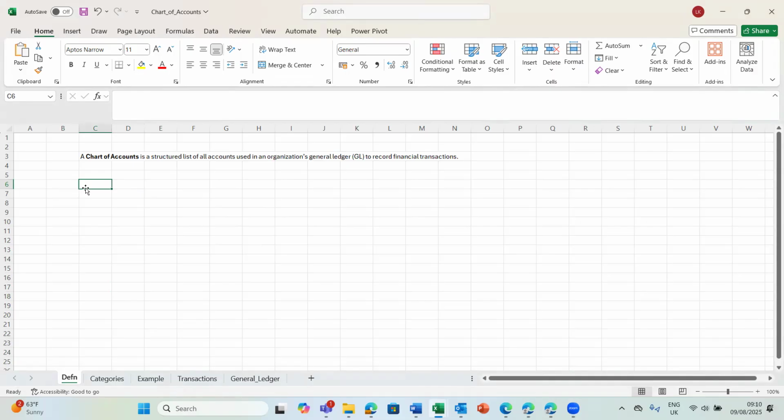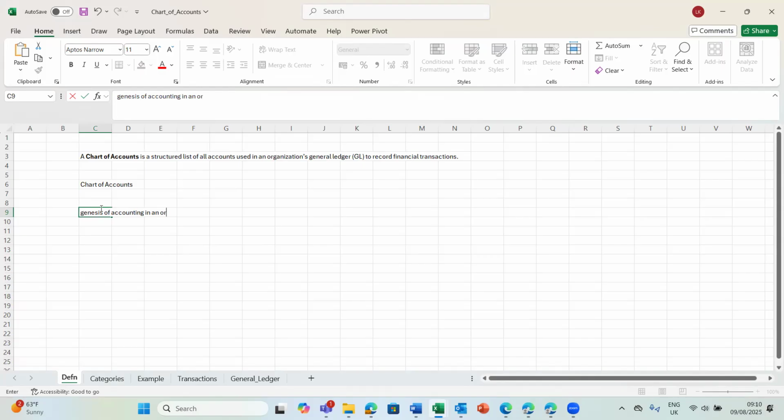Let's talk about a chart of accounts. So what is a chart of accounts? A chart of accounts is simply a structured list of all accounts used in an organization's general ledger. Okay, so this is the genesis of accounting